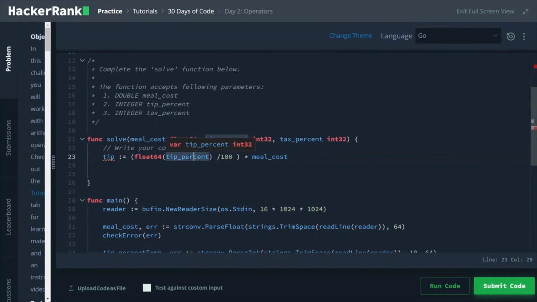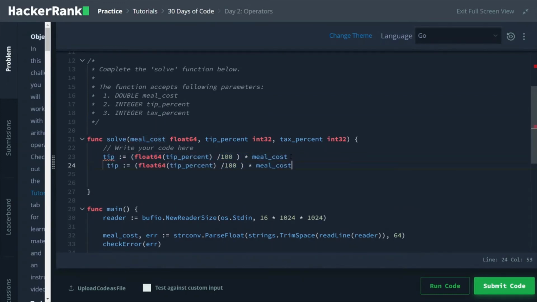So yeah, this issue is fixed. Same way we'll calculate tax as well. I'll just change the tax name here, and this variable name is also tax. Okay, so we have both values now.